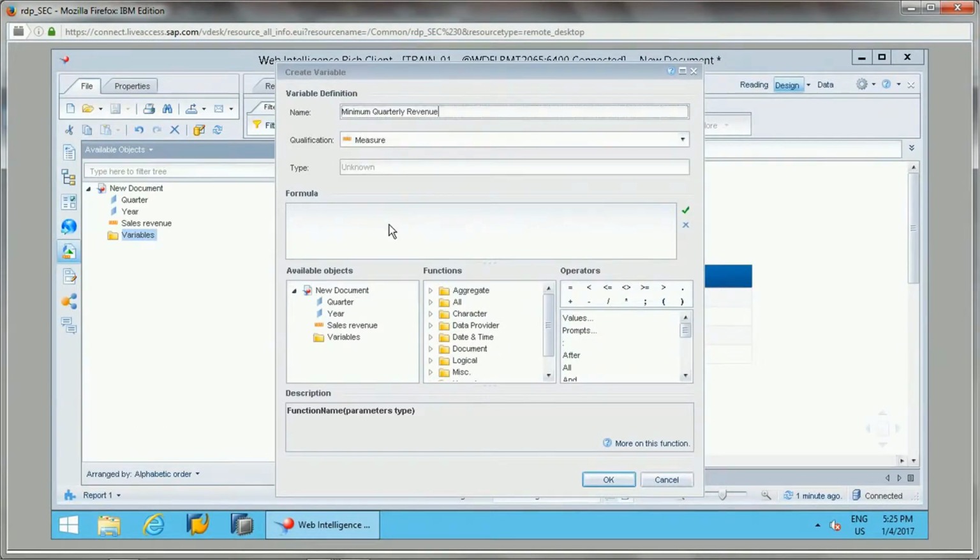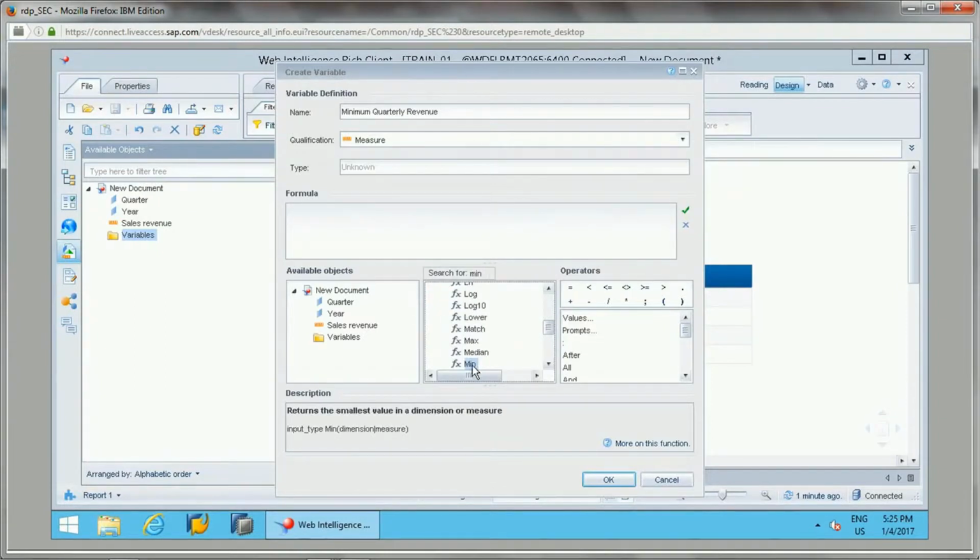The qualification should be measure. From here there is a Min function which we want to use: minimum of sales revenue. Just double click on sales revenue, and it will appear here.